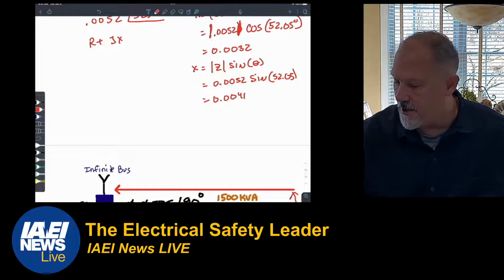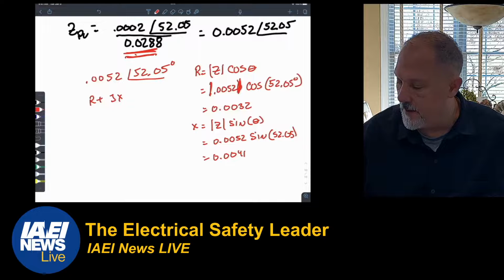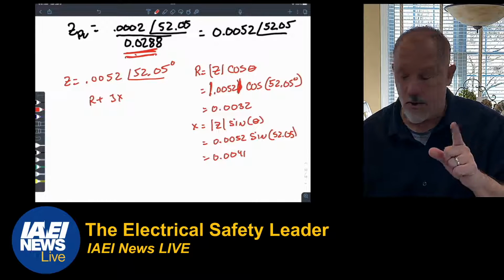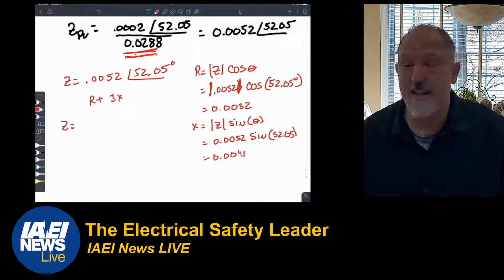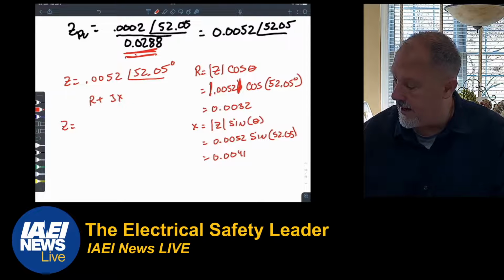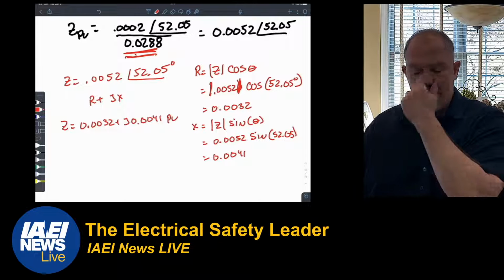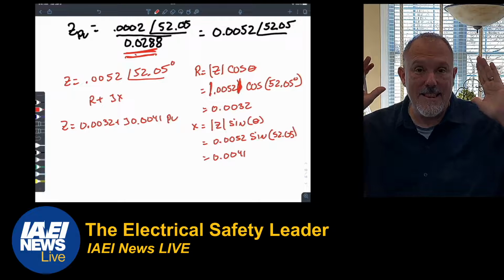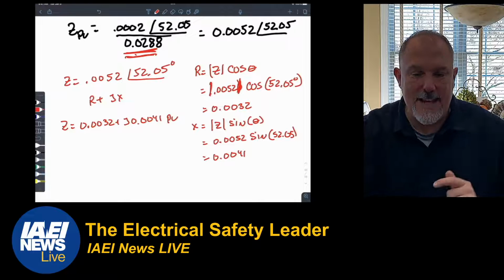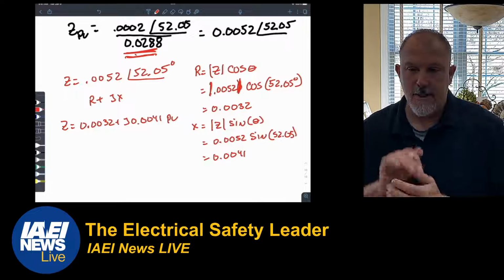So that is in polar coordinates. In rectangular coordinates, I have 0.0032 plus j0.0041 per unit. That is the cat's meow. All right, so